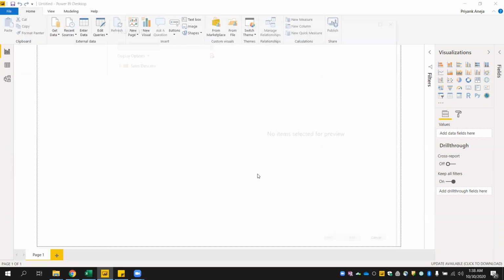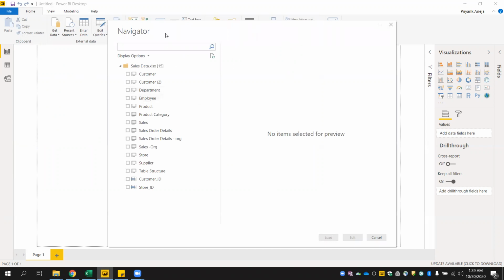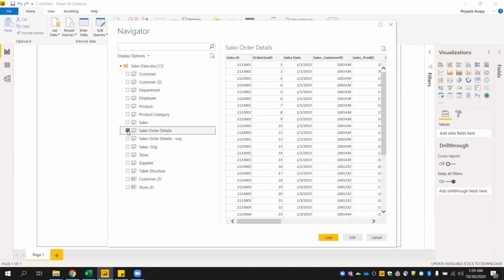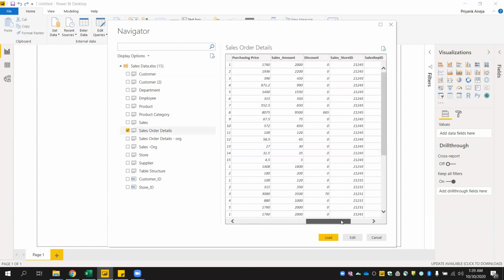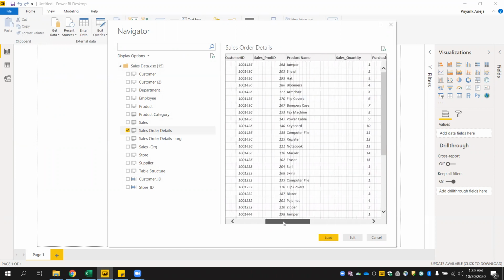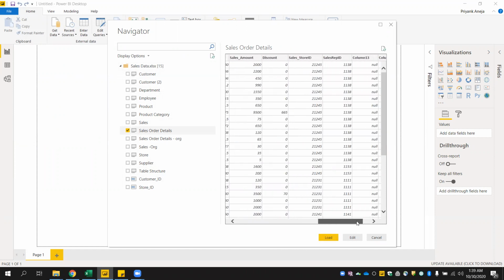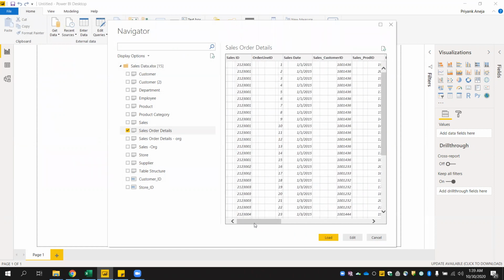Power BI will open another window, a Navigator window, which gives you all the worksheet names which are there in that Excel file. Once you select a particular worksheet from which you need to load the data into Power BI, it will show you the preview of the data on this side of the screen.